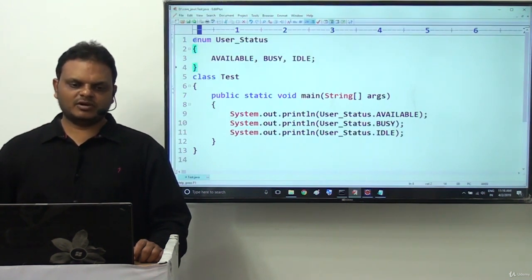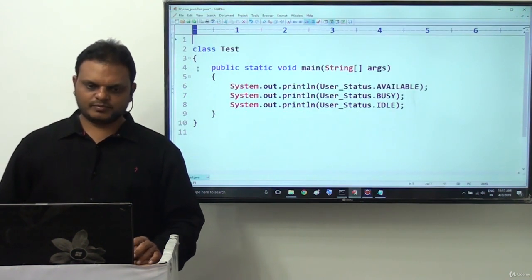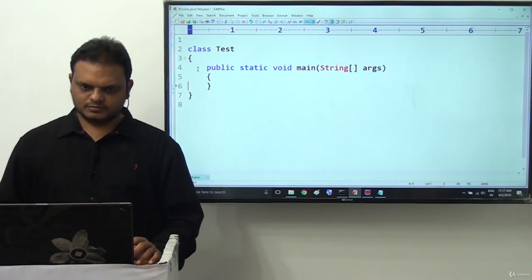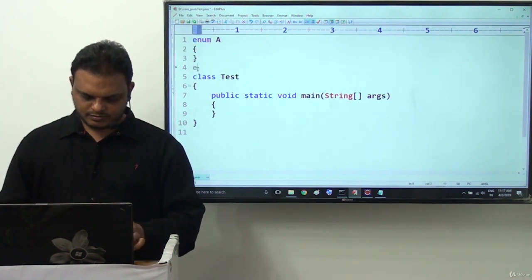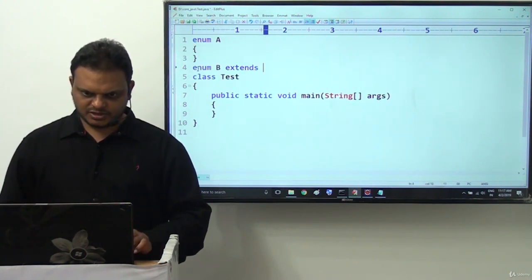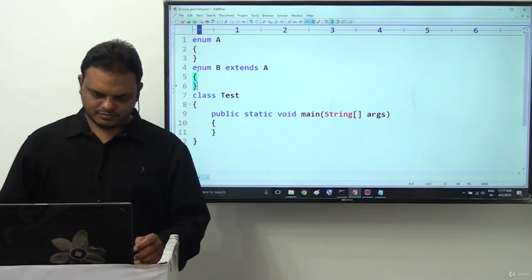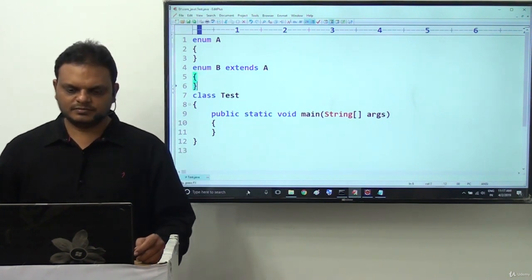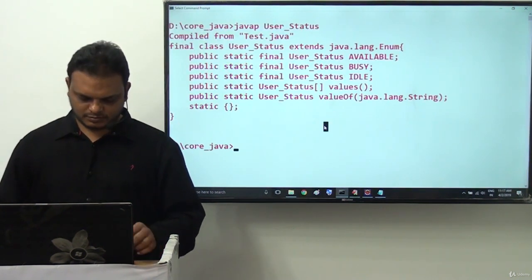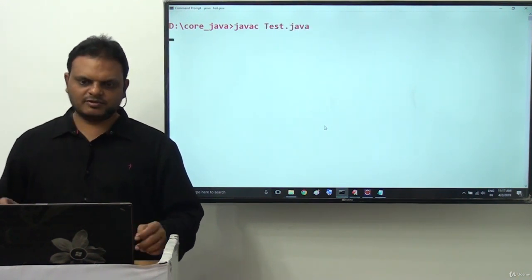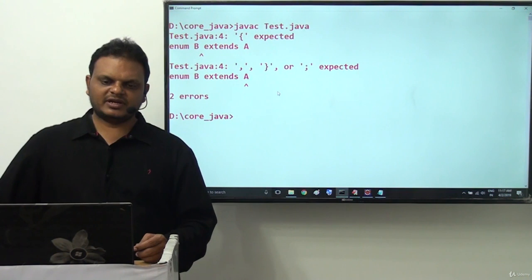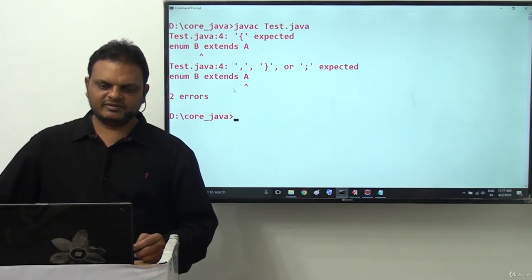I want to show this point now. For example, I will take enum A, enum B extends A. That's it. javac Test.java. We get an error wherever we provide this extends relationship.